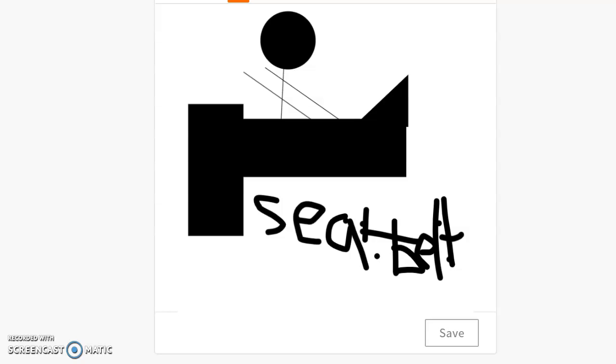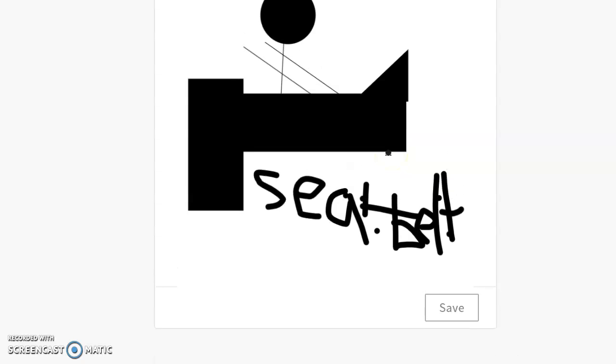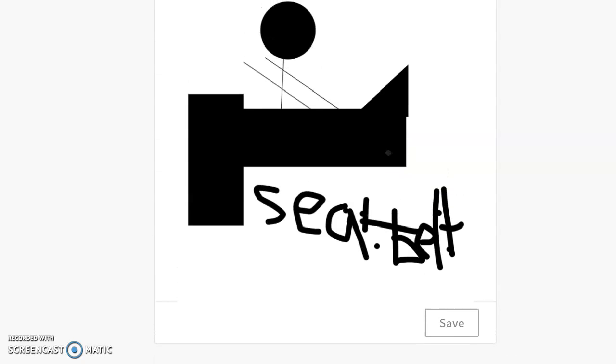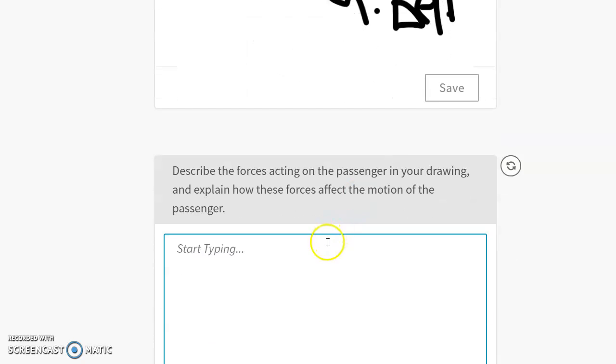Okay, so we're on taking it further for lesson 3 for our 8th graders. And this is the seat belt restraint that we have for our roller coaster. Now I have to describe the forces acting on the passenger in your drawing. The forces on the passenger